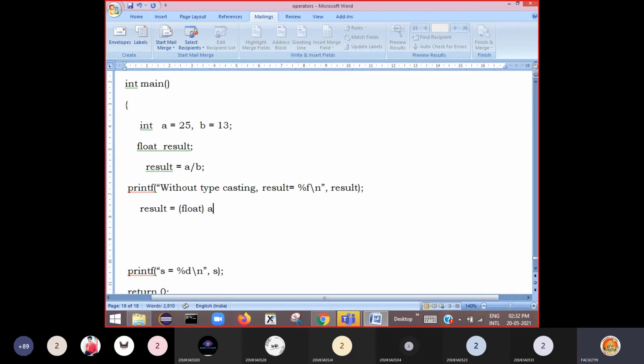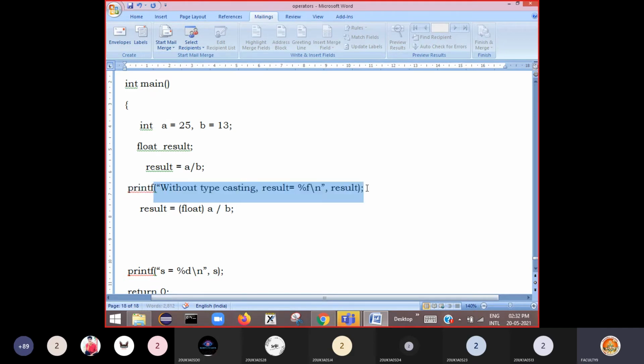Before the variable a, you write the data type within parentheses. So (float) a, then slash b. So a will be converted into floating point type and b will be integer only, then internally b is also converted to floating point type. Then you will get the result as a floating point type.